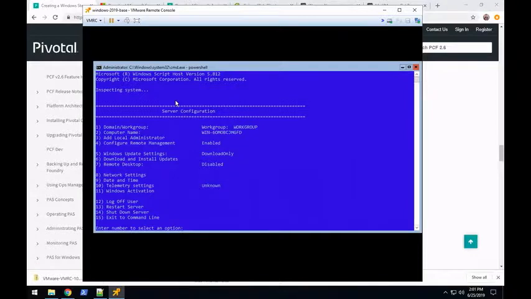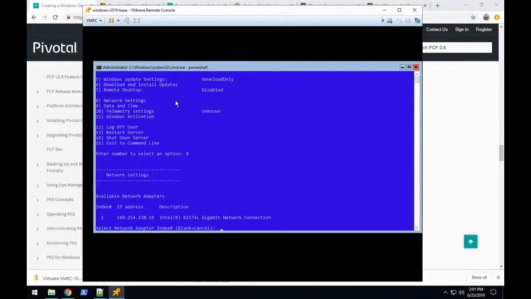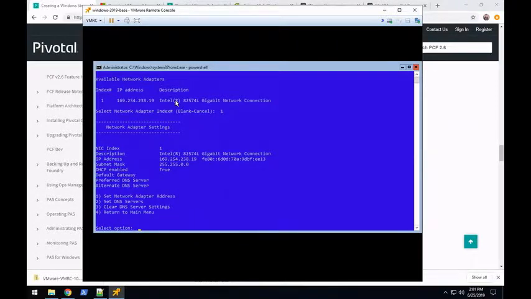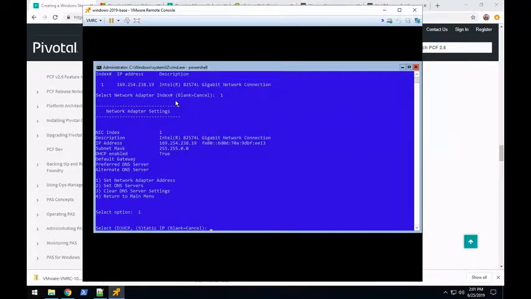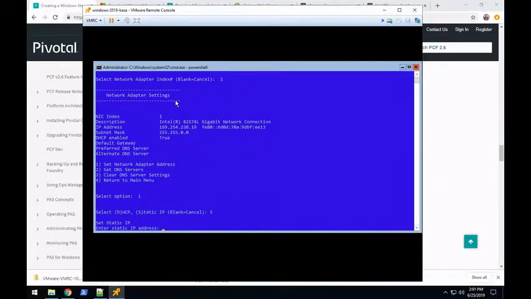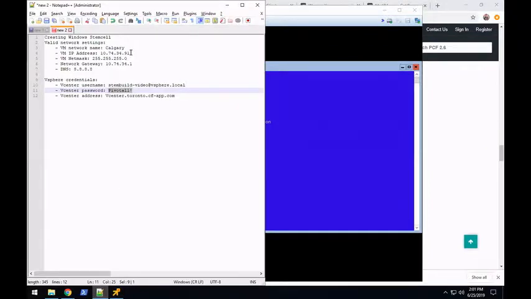We'll be using the sconfig tool to set our network settings and also to run the updates once they're set up. So let's go to network settings. Let's go to the one network adapter we have, and let us set the address. We're going to go with a static IP. That is what we received from our IT department. And this is an IP that I actually have saved here,